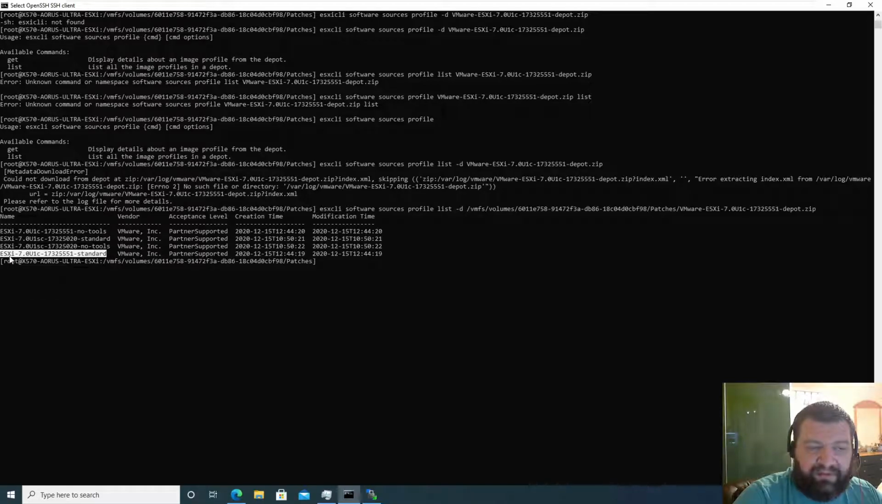We're going to be using ESXi 7.0 update 1C 3255 5551. Okay, so to install this patch using this profile, we're going to do esxcli software profile update